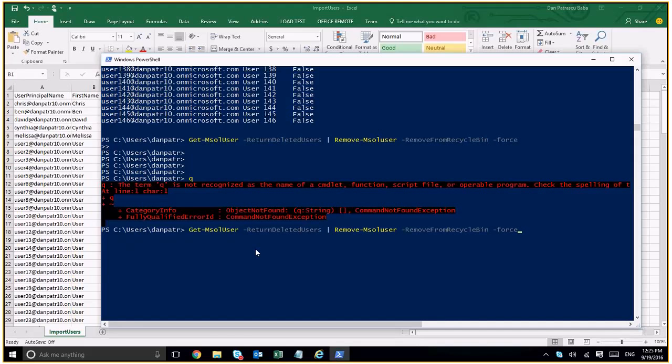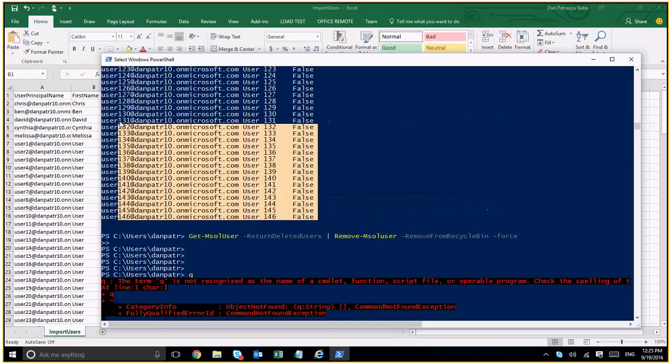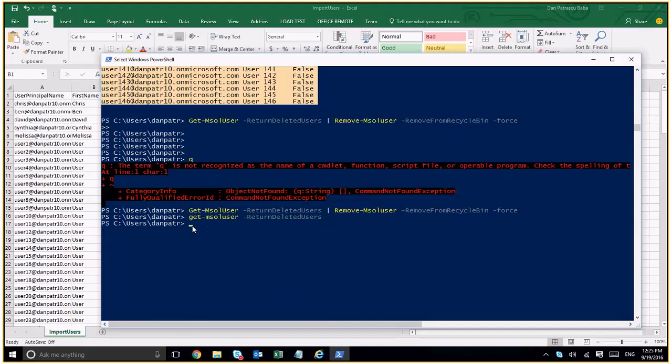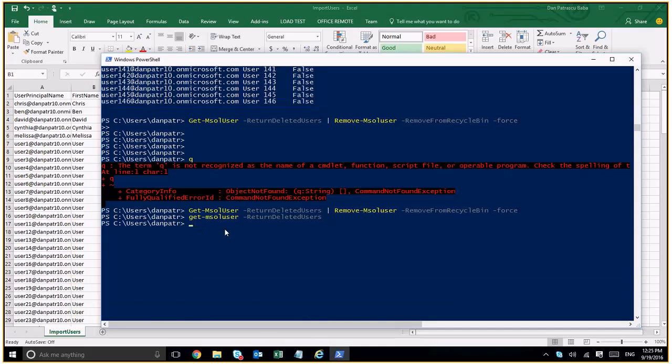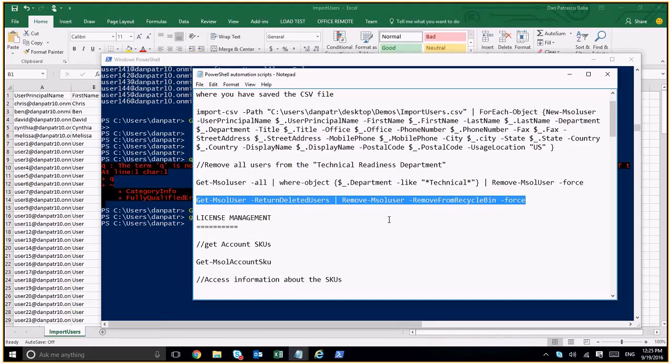Okay, let's run it again, because I'm not sure it was successful. But in order to check if it was successful, I think it was, what we have to do is Get-MsolUser -ReturnDeletedUsers, and in this case we see that there is no user in deleted users. So this means that all users that are mentioned here were deleted also from Azure Active Directory. So that's how we can do it. And now this part is over with how you can create users in bulk and delete users from Office 365